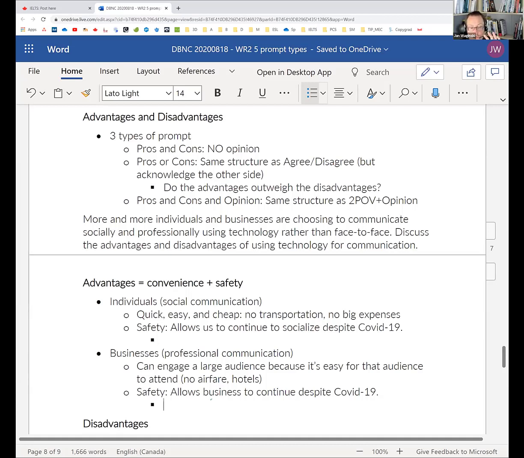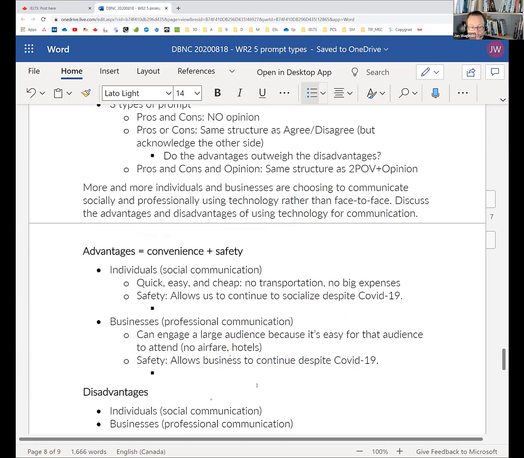For sure. So talk about what's easiest for you to talk about. You can talk about your husband as the professional example if you like. We don't need examples for both because it's so obvious, right? Okay. What about the disadvantages?